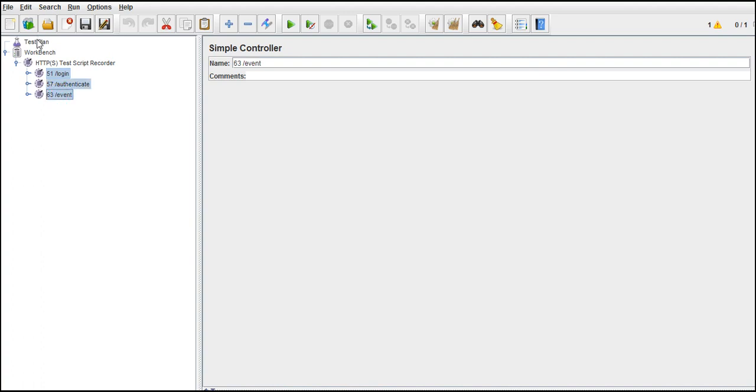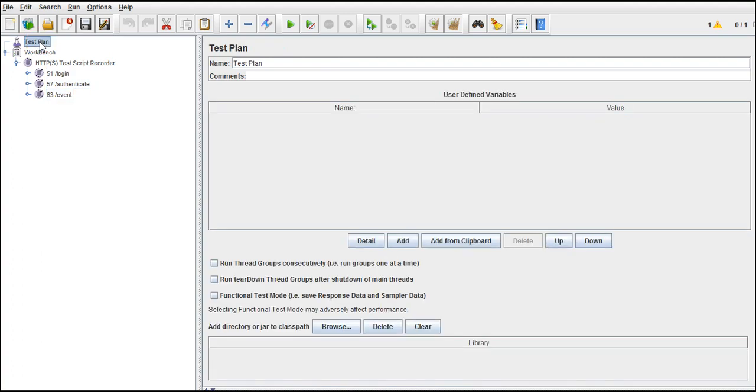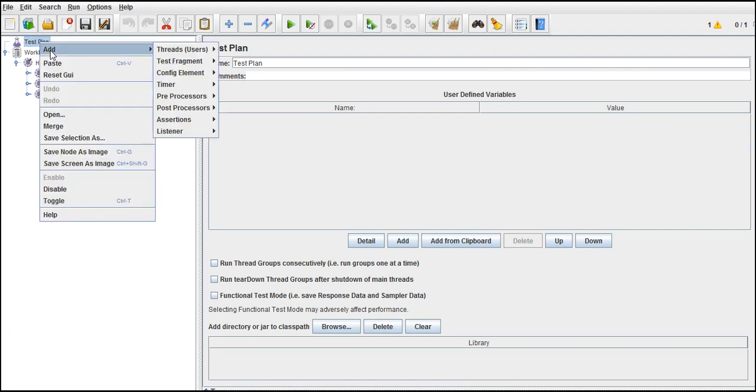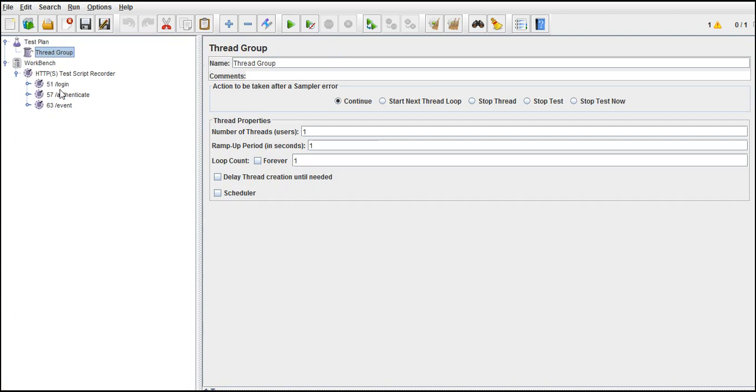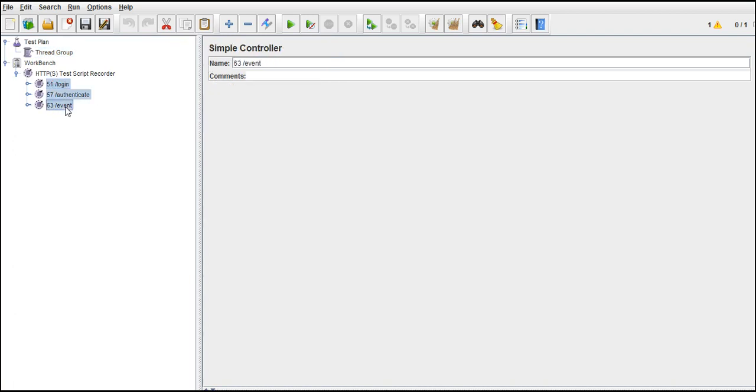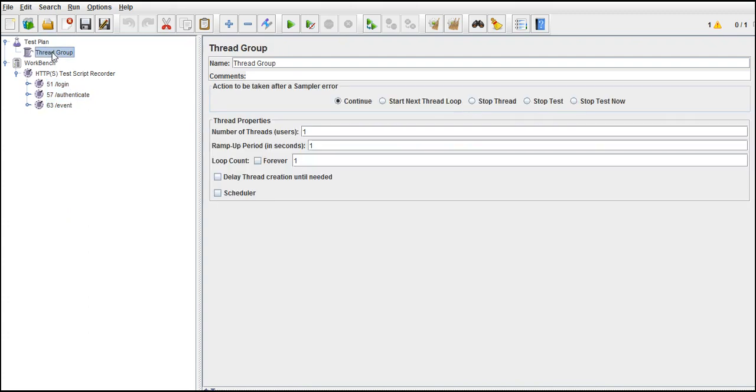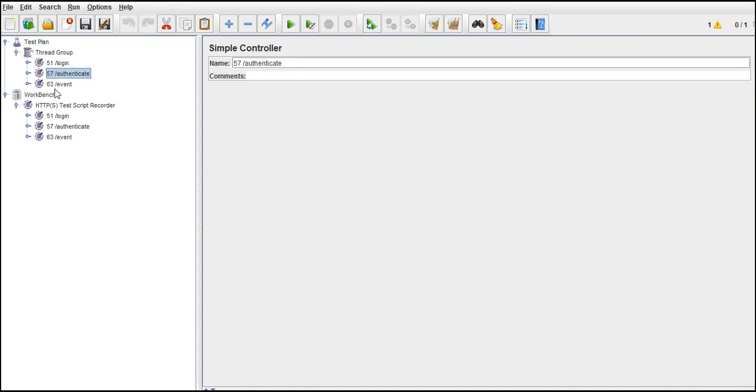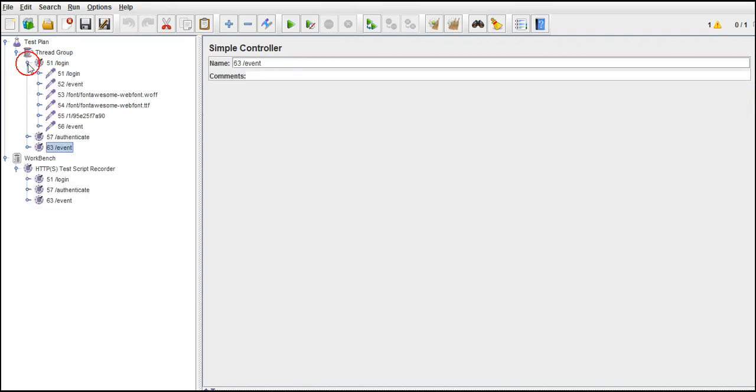Let me create a thread group here first. Test plan, add threads, thread group. Now select all this, Ctrl+C and paste it there. You can see the arrow mark which got pasted. So this is login, authenticate and event.